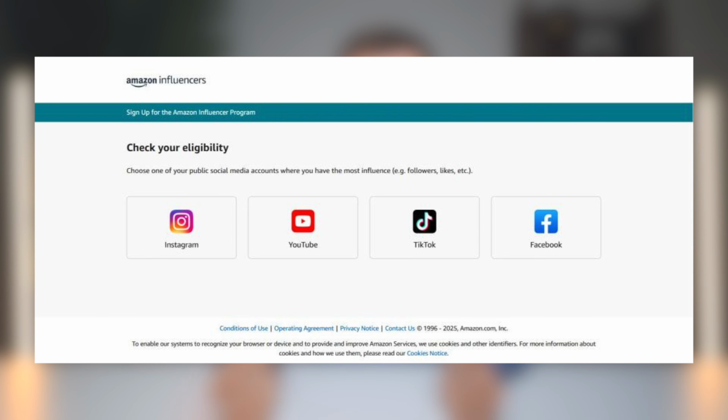So when you get to this step of the application, you will basically have 4 options. You can choose a Facebook page, an Instagram page, a YouTube page, or a TikTok page. Now you need to own this page and it needs to be public. It cannot be a private page. And basically what happens is Amazon wants to quickly check that page to make sure that you are a real person and that people are engaging with your posts on social media. Don't let this stress you out. It's actually very simple. And this is only going to come into play on this application. You do not have to post any of your Amazon influencer videos in the future on your social media page. It is basically just Amazon making sure that you are a real person.